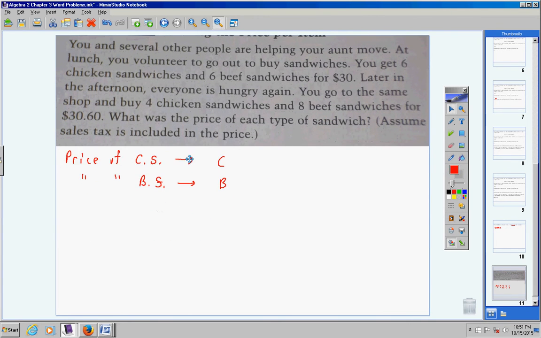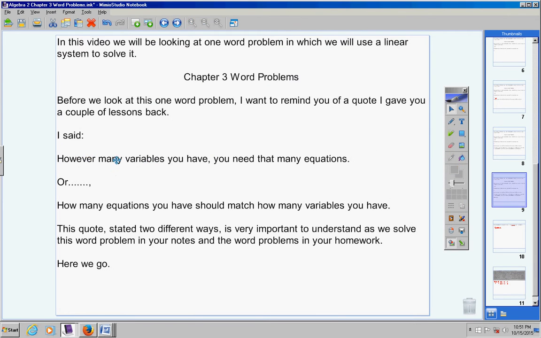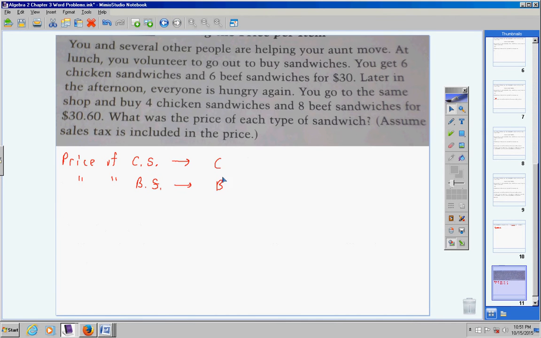And that's why this quote is so important: however many variables you have, that many equations. I realize I have two unknowns. So I know that if I want to solve this problem, I'm going to have to come up with two equations. Now I cannot promise you this is always the case, but quite often when you see totals,